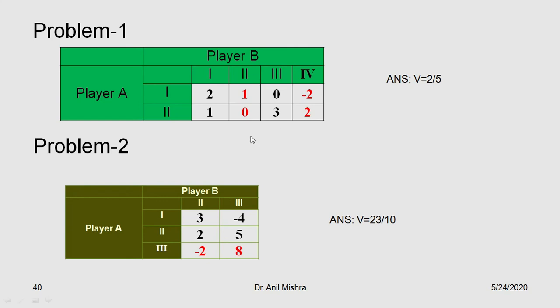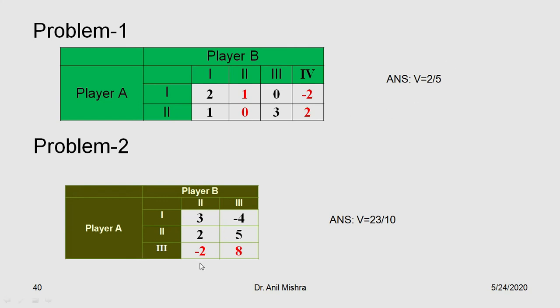After deleting, you can find that in this case it is a 2 by n matrix, meaning 2 rows and n columns. In that case, while you plot it, only these two values are involved in the solution process, right? I mean, we have to delete the rest. We have to plot it. Thereafter, you have to know which two lines intersect from the bottom side, pick the maximum, and thereafter we have to find the value of the game.